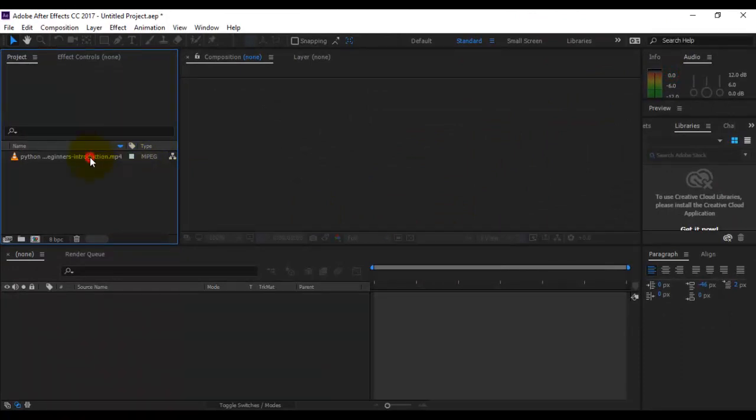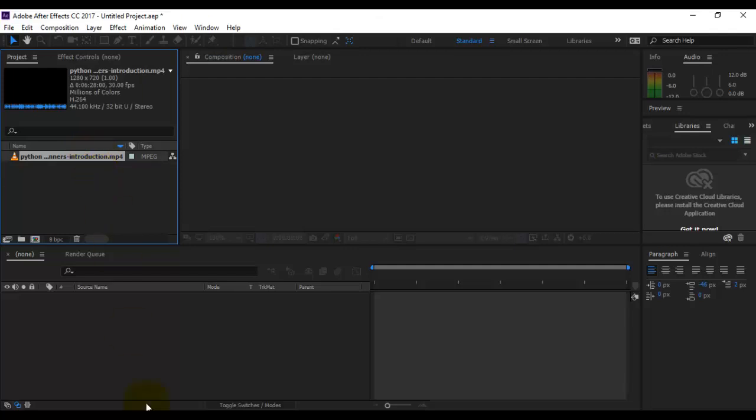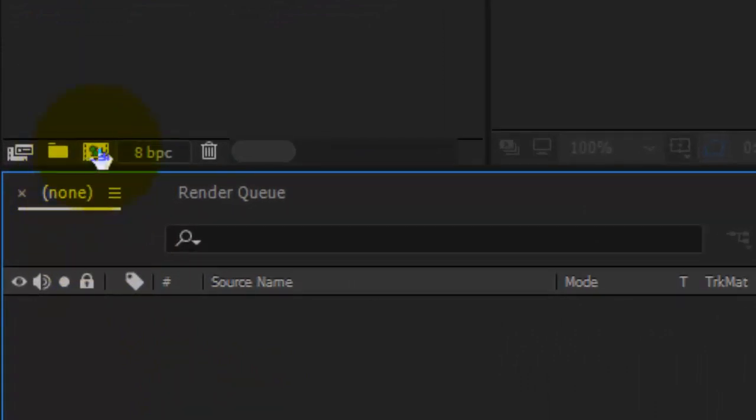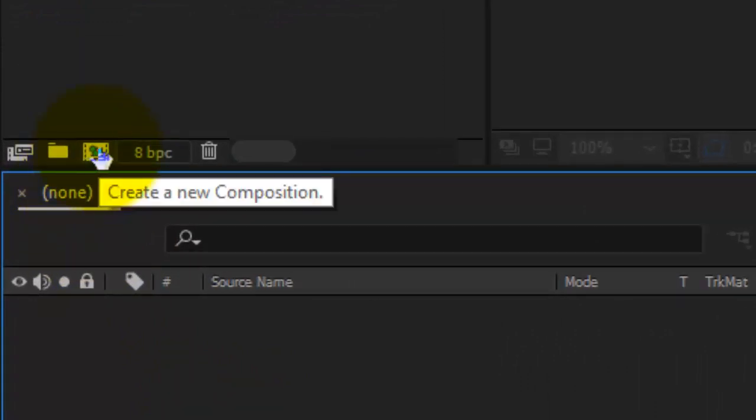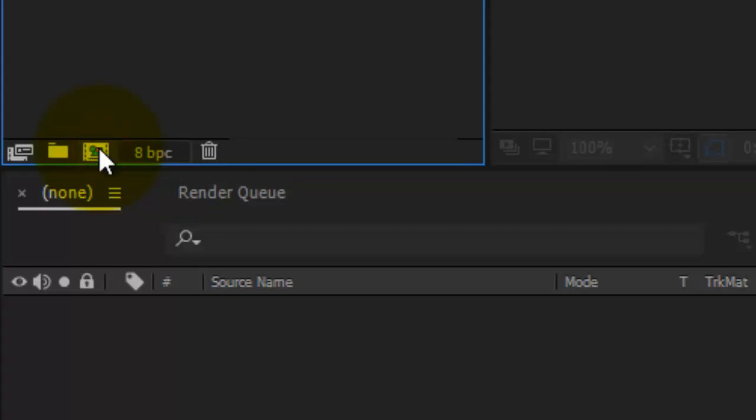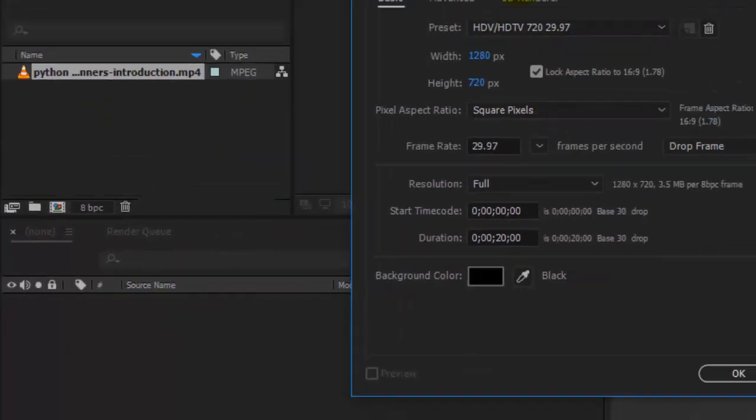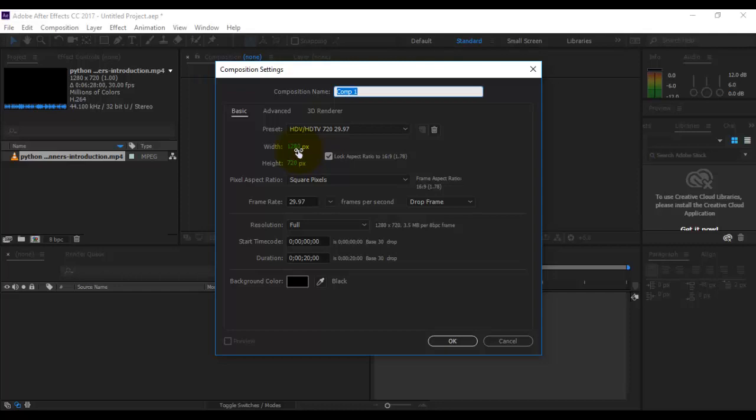Let's take a look at how to open this project to our timeline. This is our timeline, so we have to make a new composition to make this video. So click here to make a new composition. You can change width and height here, and change the composition name here, and the time here. I gave it 20 seconds and background color as black, and frame width and height as this, and hit